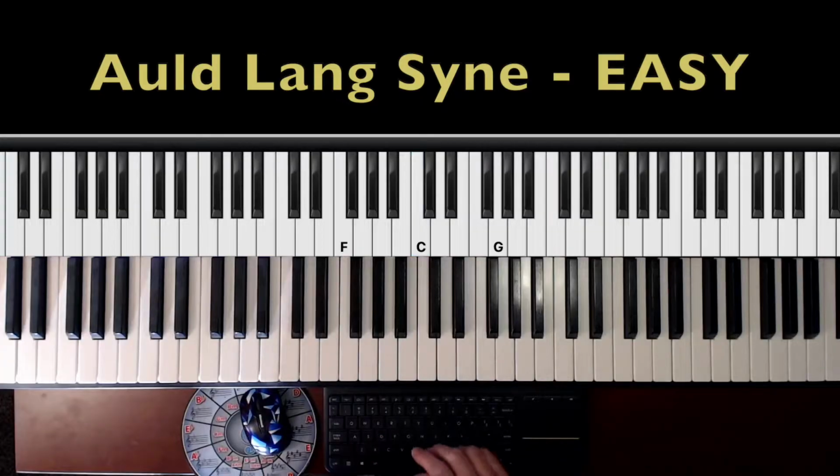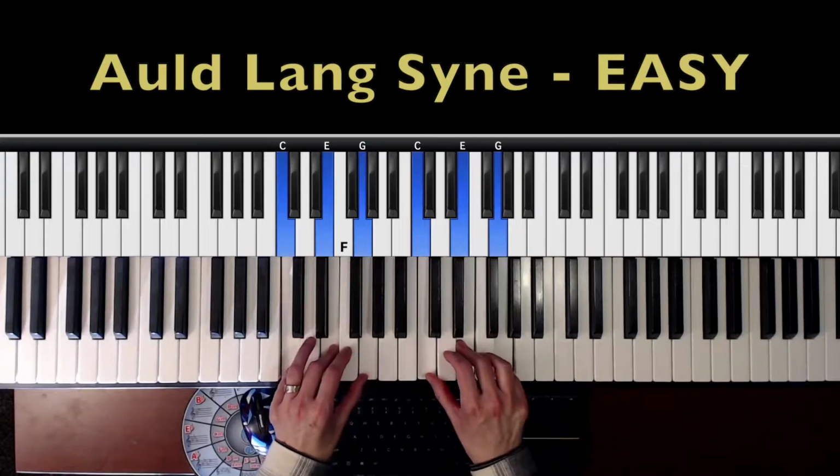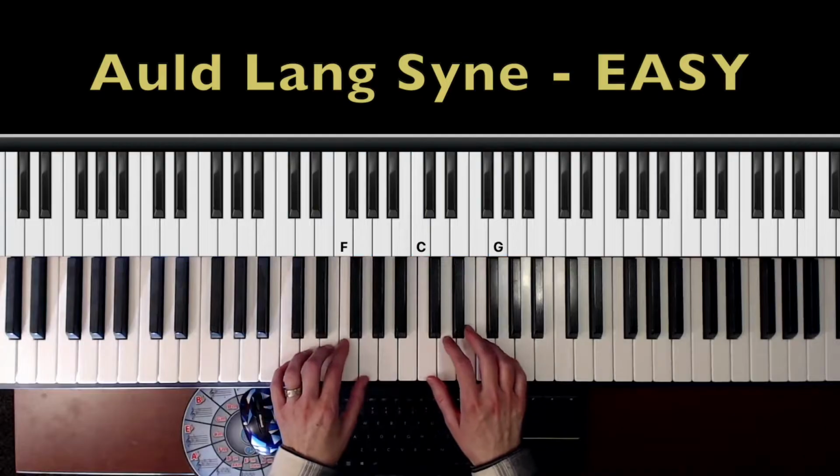Alright, so that was the melody by itself. Now I'll show you the 3 chords that we're going to use. The 3 primary chords. So this is C, and the next chord is G, and we're going to use our